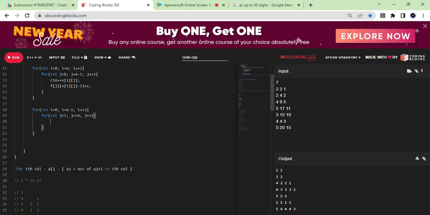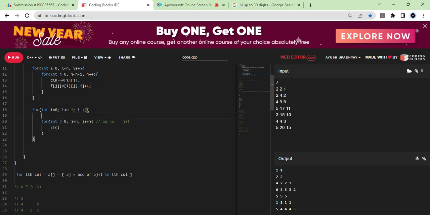How many times this number occurs. But we have stored it as 0 indexing, so we will make sure that we use 0 indexing, and then you can see your original number is j plus 1. The original number is j plus 1, but if you look carefully over here I did minus 1 to store it like that. So now I'll check its frequency in the previous column, which is f of i minus 1 comma j. Its frequency in the previous column has to be equal to j, right? And